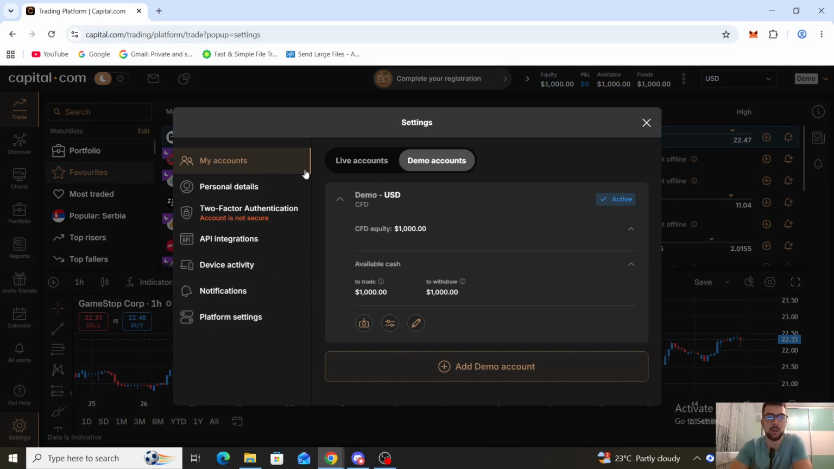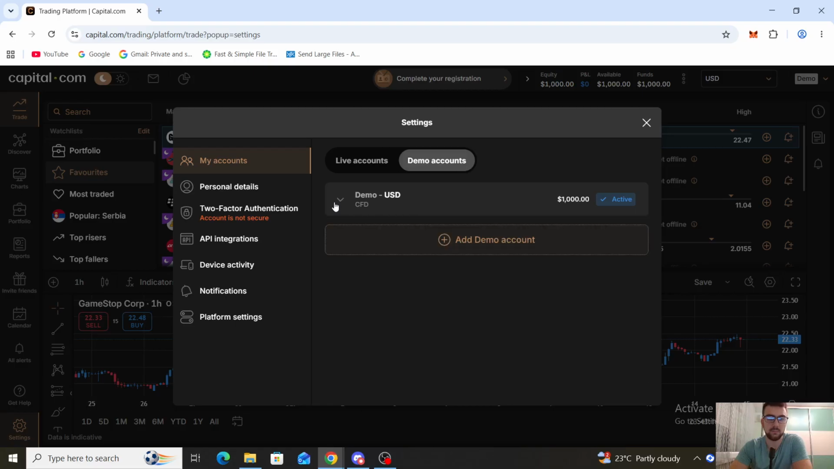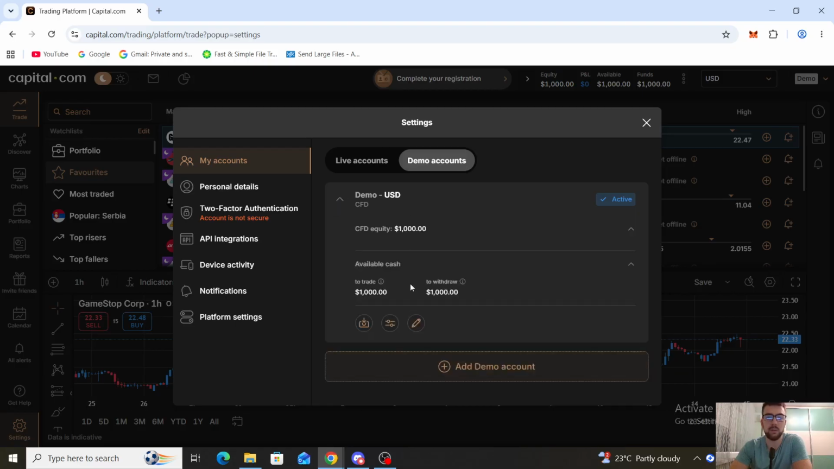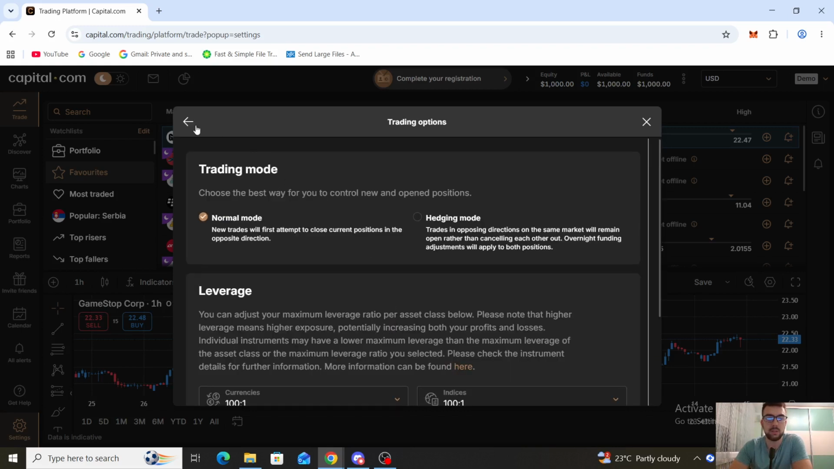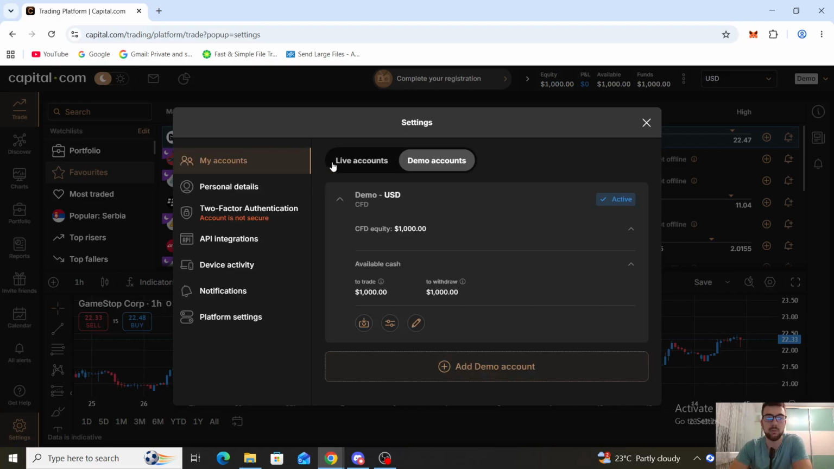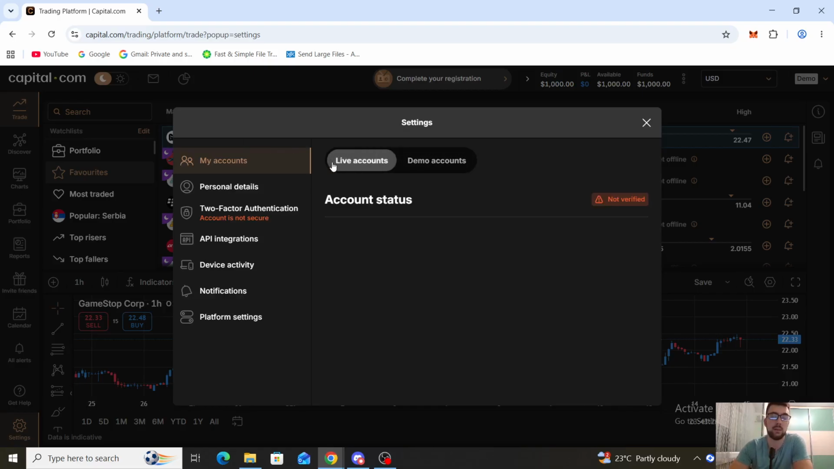So by clicking on my accounts, you can see live accounts or demo accounts. You can switch between those. And you can open up this, and you can see here top up 10,000, trading options and rename. So you can see the trading mode, and if you switch to live accounts, you'll from that point see withdraw